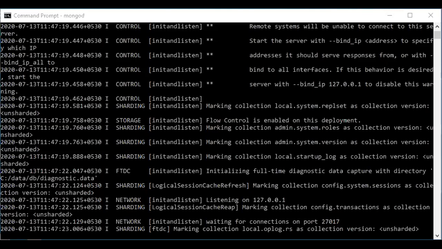So I will write use test1, press enter. It will show switched to db test1. It means test1, which was not created earlier, has been created now, and the current database is test1.